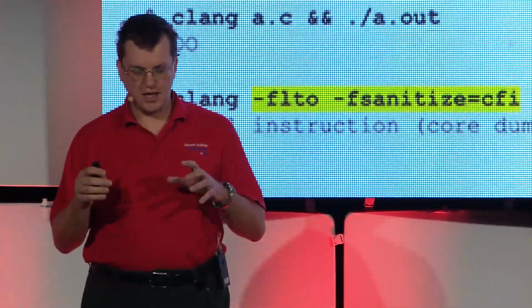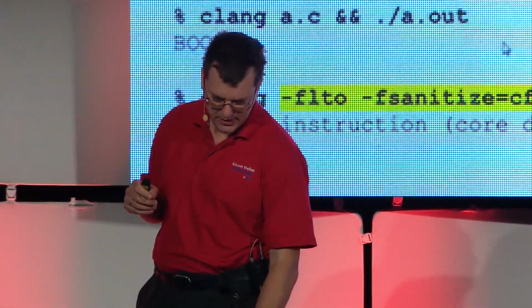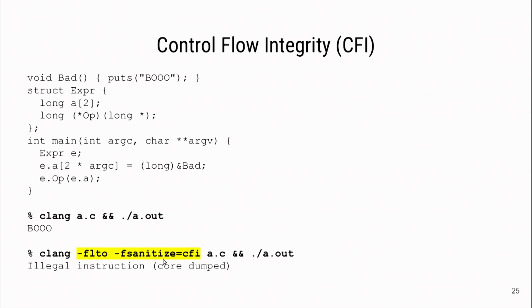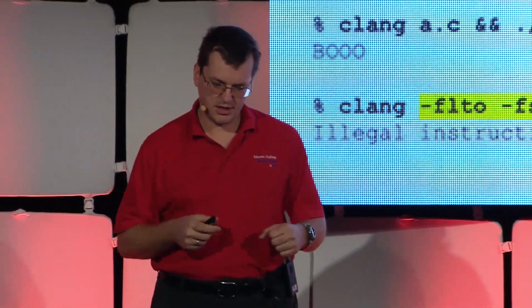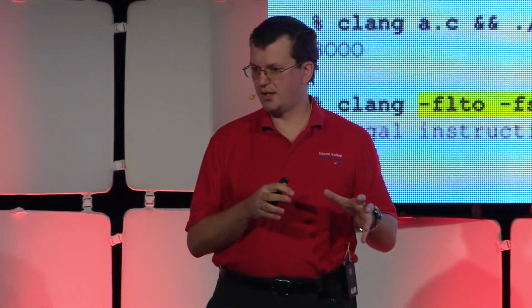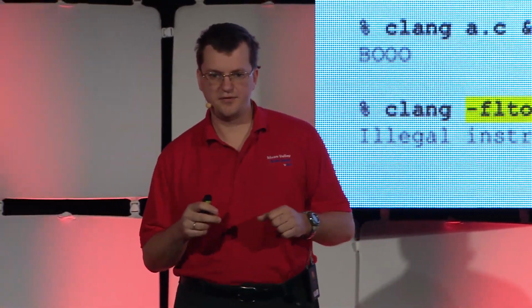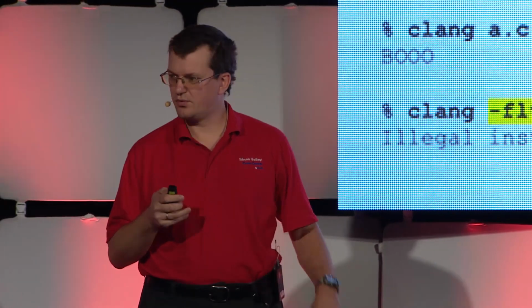If you add a couple of compiler switches to build the application, the key one is fsanitize=cfi. CFI stands for control flow integrity. Your application will immediately trap while attempting to execute this incorrect address. There is also a diagnostic mode in this compiler feature, which will not trap immediately, but will give you a detailed explanation of what has happened.